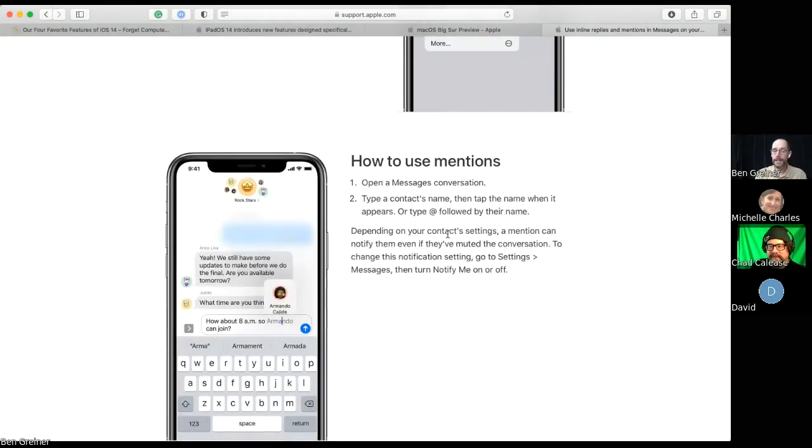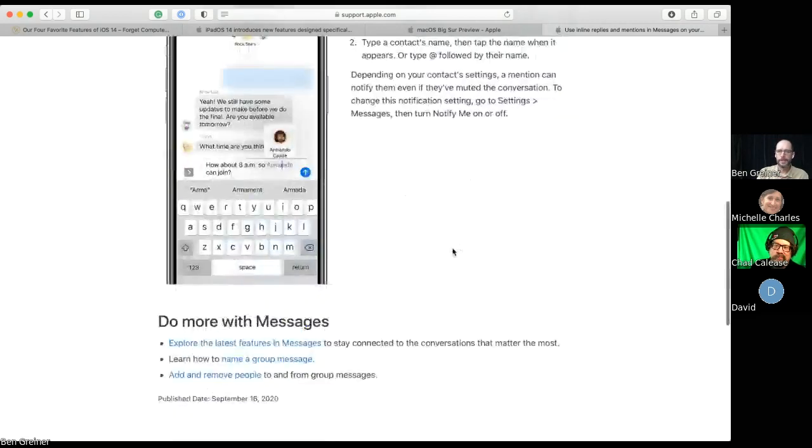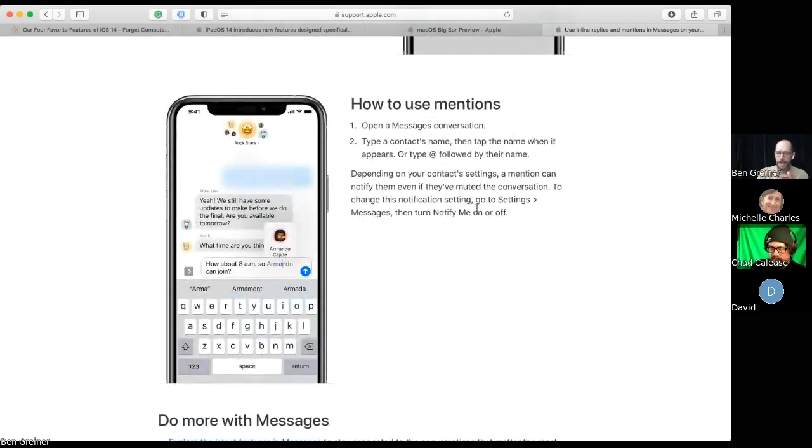And then mentions is something else I did not know about. So you can mention someone just simply by typing their name, and it's a little tricky because you have to type their name or type the app followed by their name, but it doesn't seem to automatically happen. You have to almost let it pause and hover over the name to see this pop up, and then click on the pop up, and they have to be a contact. Yeah. So it took me a few tries to actually use this feature.